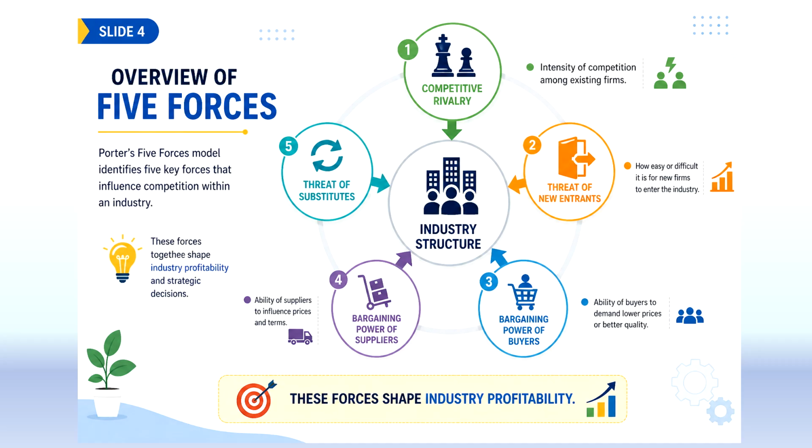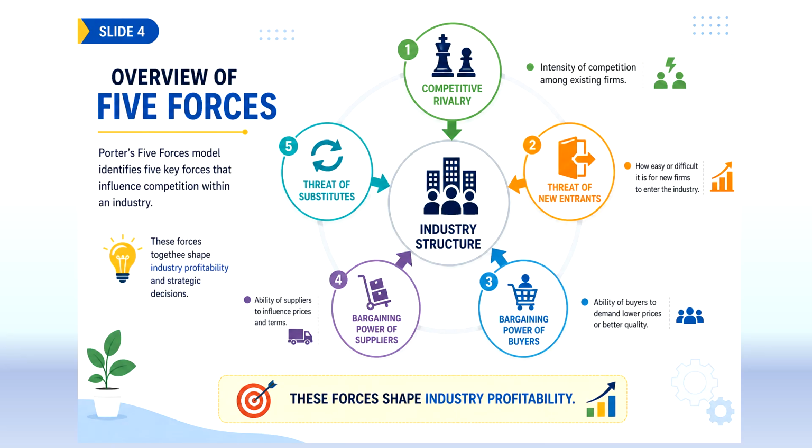Porter's five-force model consists of five key forces that together determine the level of competition within an industry. At the center is the industry structure, which is influenced by these five forces. The first is competitive rivalry, which refers to the intensity of competition among existing firms. The second is the threat of new entrants, which indicates how easy or difficult it is for new companies to